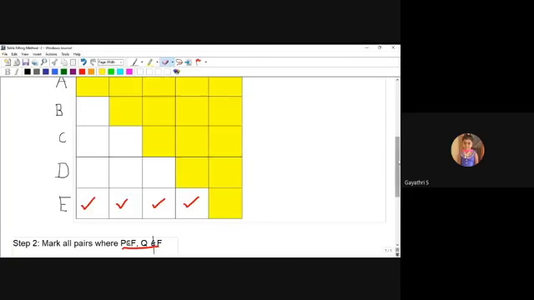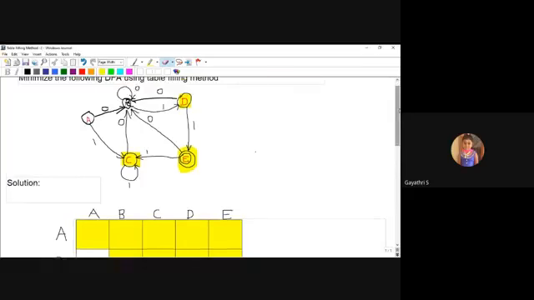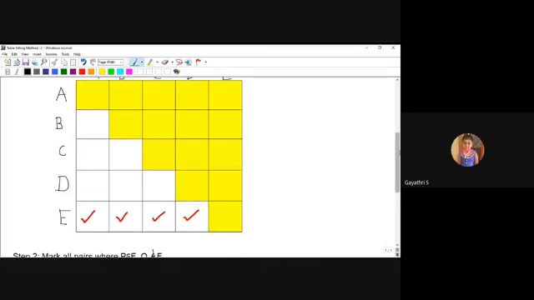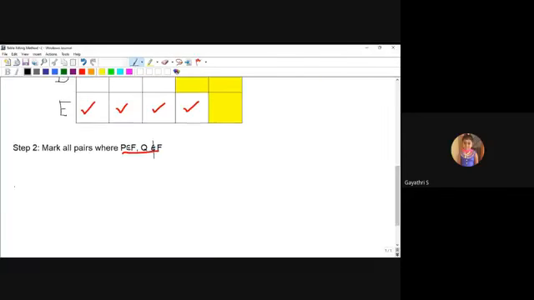First I am taking an unmarked pair. This is your actual diagram, so I once again check it: A on 0 and 1, B on 0 and 1, C also 0 and 1, D also 0 and 1, E also 0 and 1. So everything is right. Step number 3: first I will take an unmarked pair. What is the unmarked pair here? The first unmarked pair is BA, BA or AB, both are equal. This is step number 3, the iterative step.